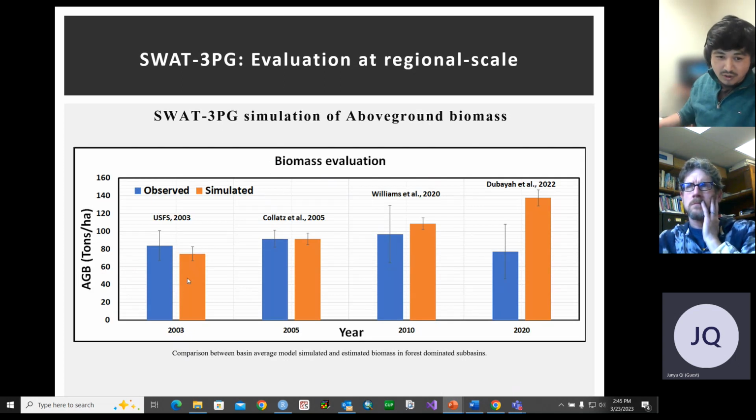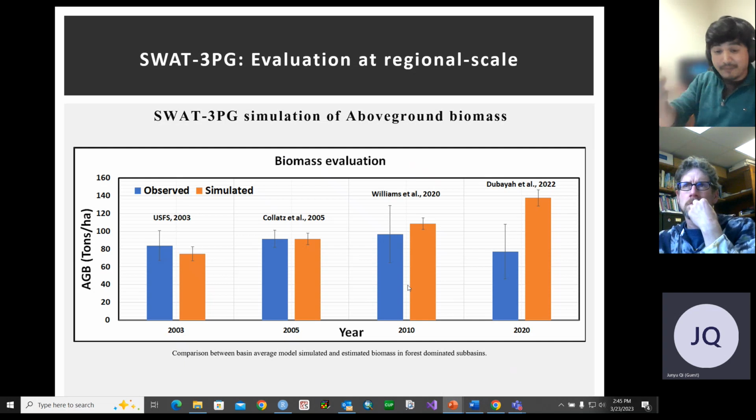After that, we compared our biomass data sets against existing data sets. The orange one is our simulated data, and the blue are the data products, and the range shows the standard deviation. So this is the basin average 2003 US Forest Service versus our model simulated 2003, 2005, 2010, and 2020. From 2003 to 2010 it's very comparable. Now for 2020, if we look at the observed data sets, the JEDI estimated biomass for